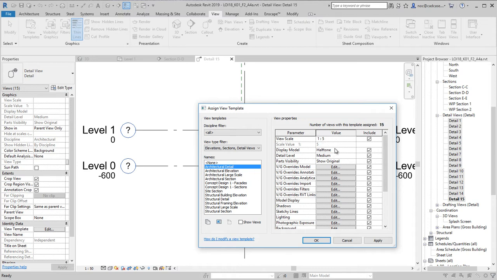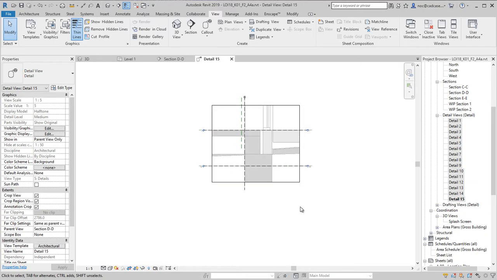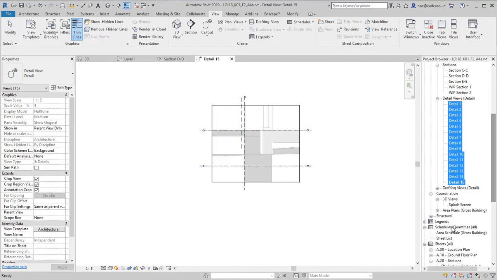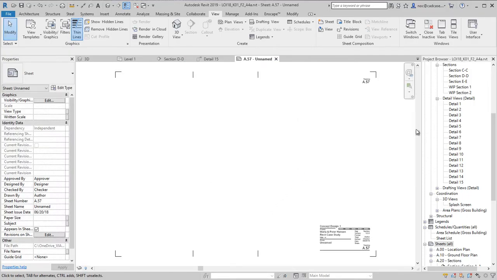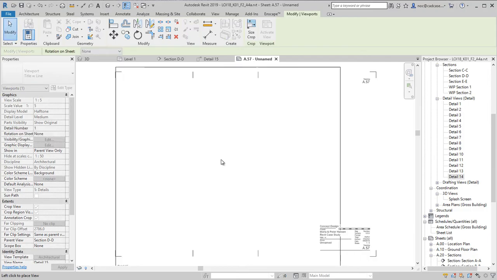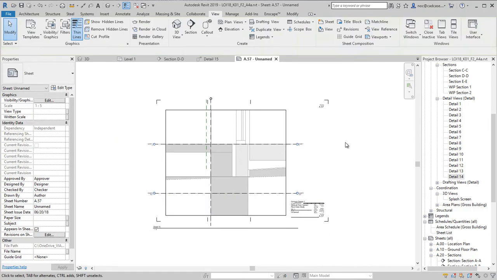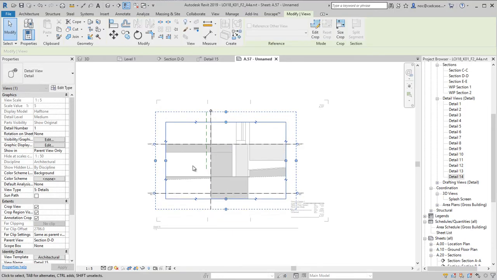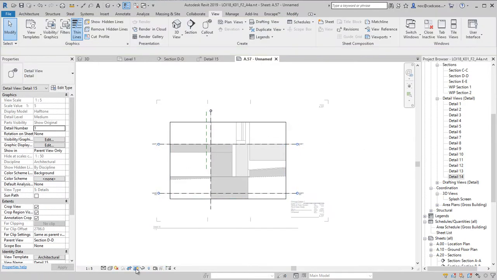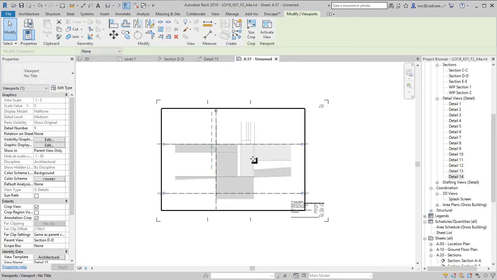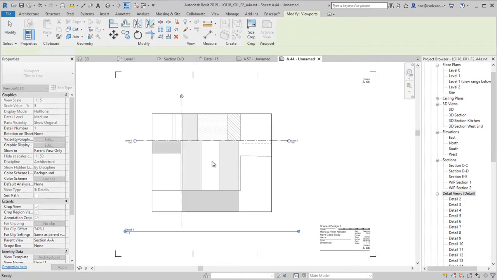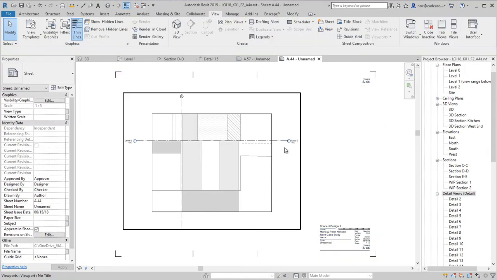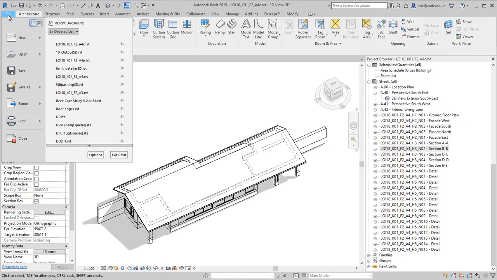So I apply a view template in a scale 1 to 5. When I apply this to all of them, I can change settings for all of them at once. I create new sheets, an A3 sheet, and I will then apply all my details to this or to the sheets, and prepare them and make them ready for print. Having done that, I rename my details in accordance to the standards, and